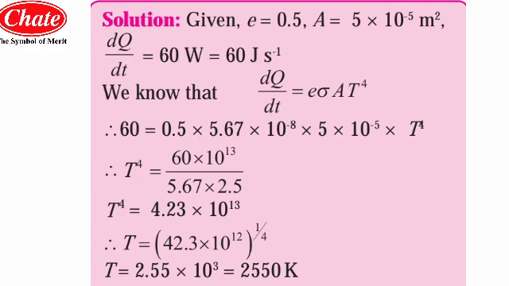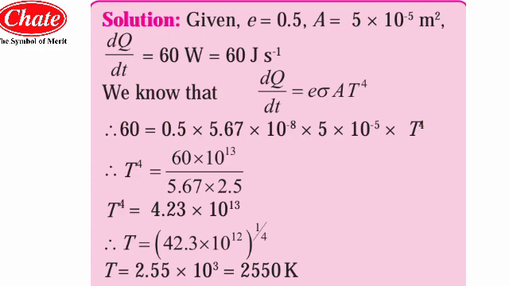So if you look at this value in the log table, then you will get T is equal to 2.55 into 10 to the power of 3, means that 1 by 4 will be multiplied to this 12, so 4 3s are 12, so the remaining power will be 3. So T will be equal to 2.55 into 10 to the power of 3, so the total will be 2550 Kelvin. The total absolute temperature will be 2550 Kelvin. So this is the value that we have calculated here.